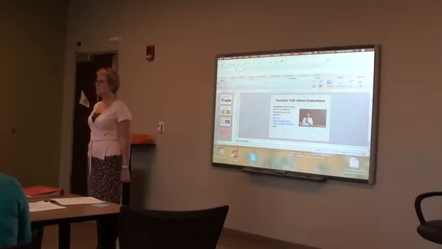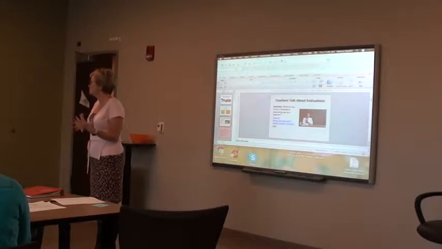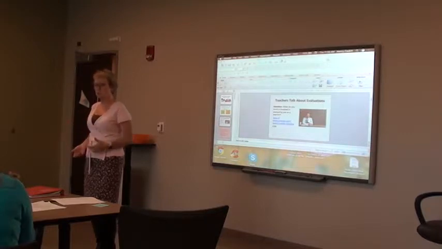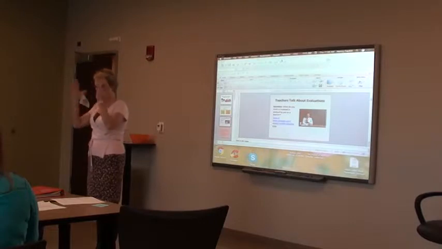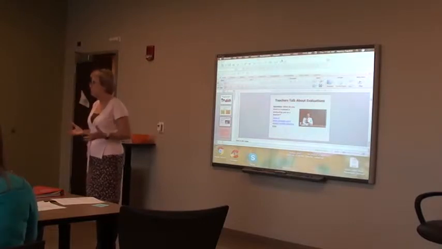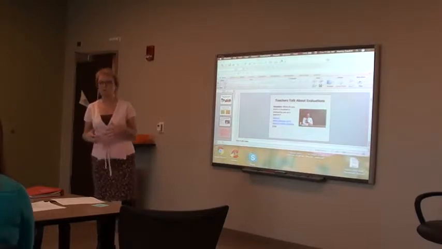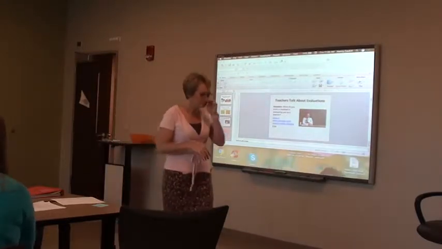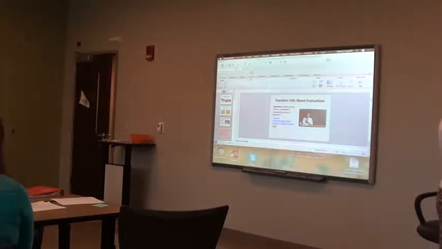Okay, so it involves more than one person, but it also involves this little phrase that they said, multiple what? Measures, multiple measures. So it's not just based on a snapshot. Principal comes in, says, yeah, doing a great job. Nope, that sucks. It was not just one snapshot, but it's multiple measures that make up your teacher evaluation. And so what we're going to do is talk about